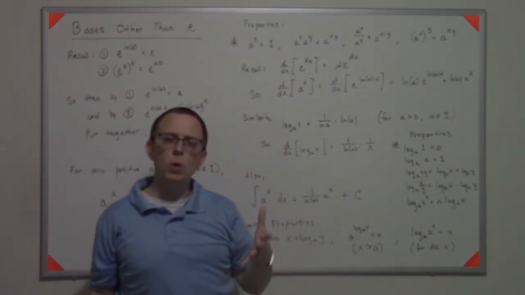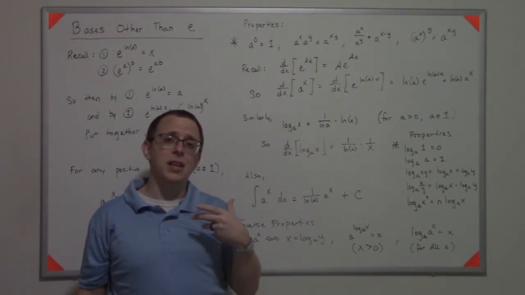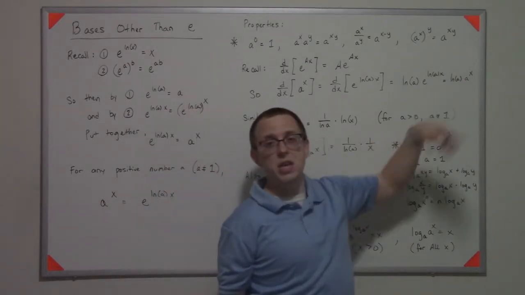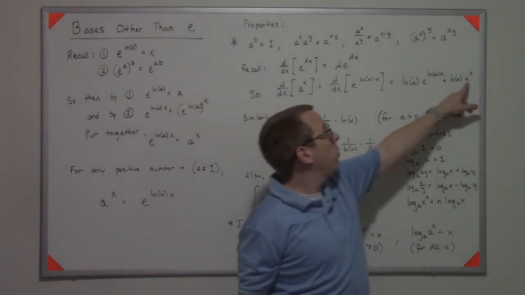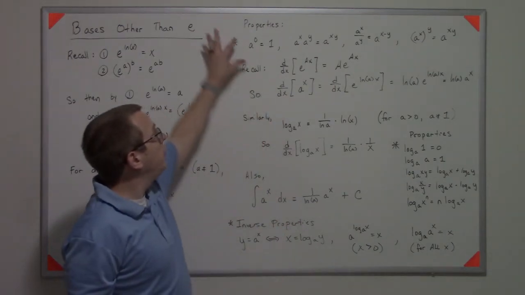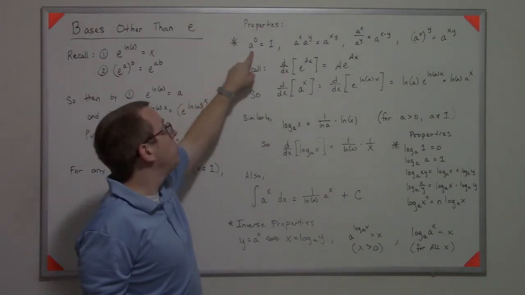So what you're seeing is that if that base a was actually e, for instance, then this would be natural log of e, which is just 1, and that will be e to the x, which is what we expect. And then of course we have some properties, and these are just general exponential properties, that a to the 0 is 1,